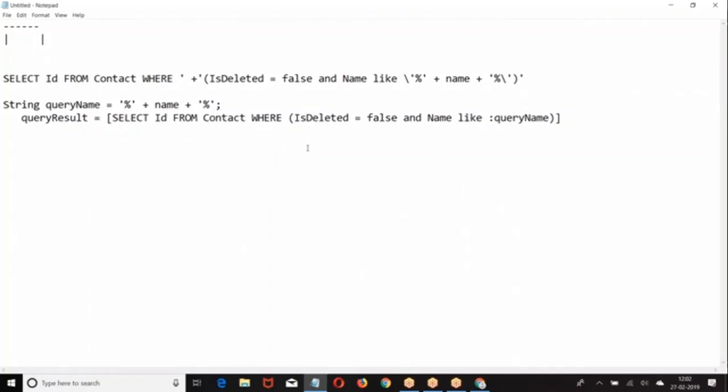Look at this. Where is deleted equal to false and name like percentage name you have given. Now instead of that, name like variable. Don't induce it directly like a string. Induce it like a variable. Both of them are the same. Where is deleted equal to false, name like,